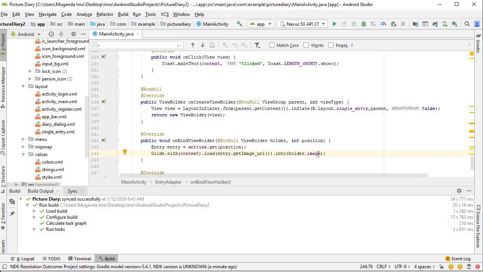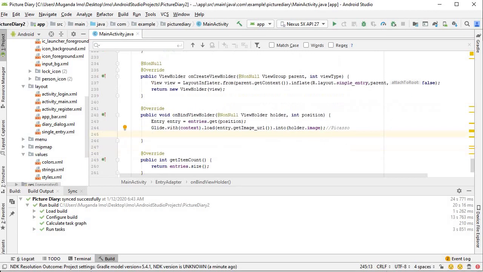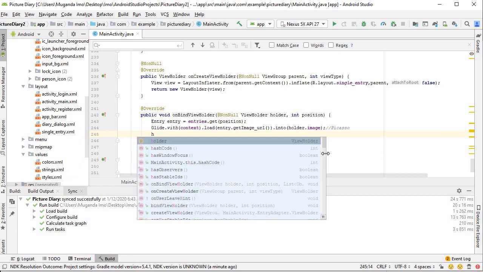Another library like this is Picasso. Just in case you're looking for alternatives, it's also very good at this same task. You can go ahead and take a look at that if you're interested. Alright, moving on. We've set the image, now let's set the text, and the text very simply will say